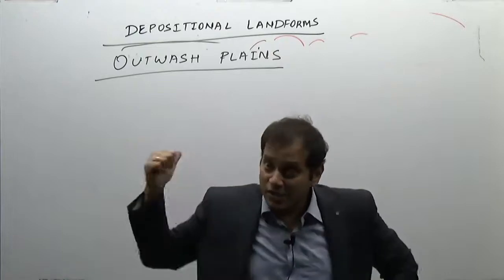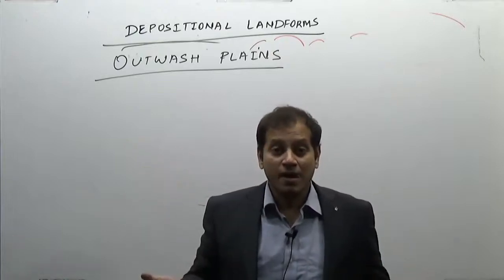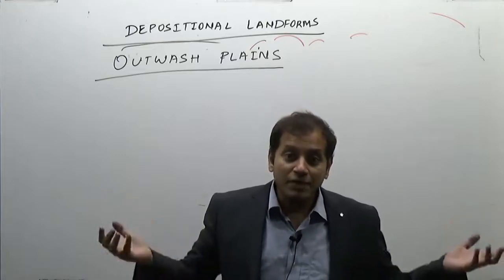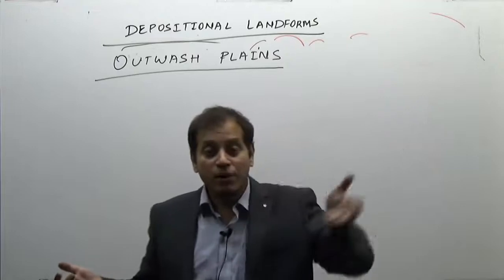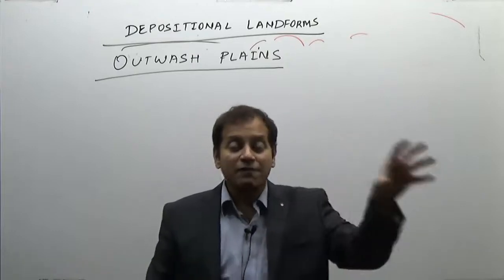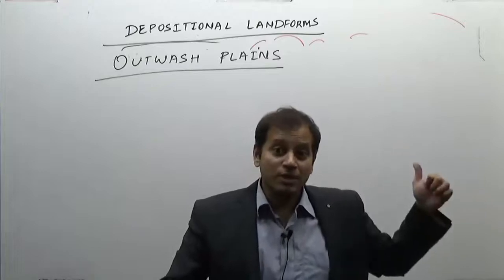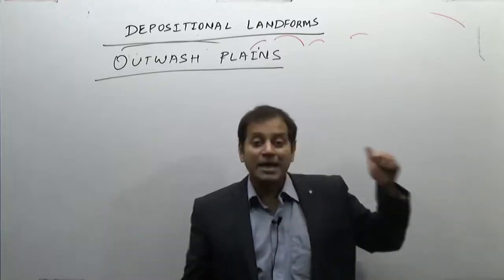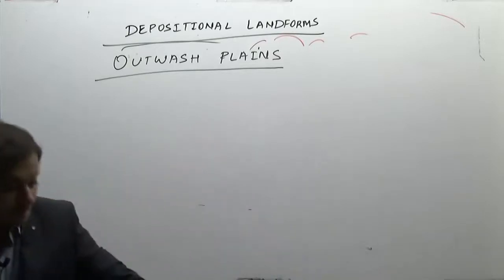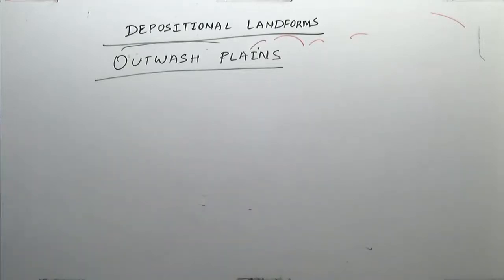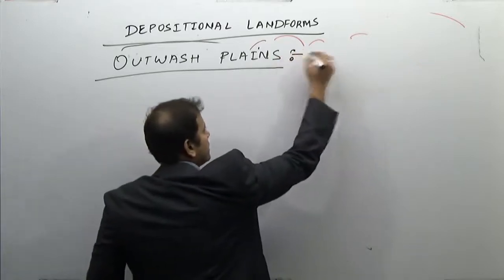Now here also this area was scratched. After the melting of the ice, these scratches or grooves which are formed on the surface of the earth are filled with water. What do we call them? Lakes. So outwash plains will obviously be filled by lakes. So what are these outwash plains? The first thing you have to remember is these are fluvio-glacial deposits.